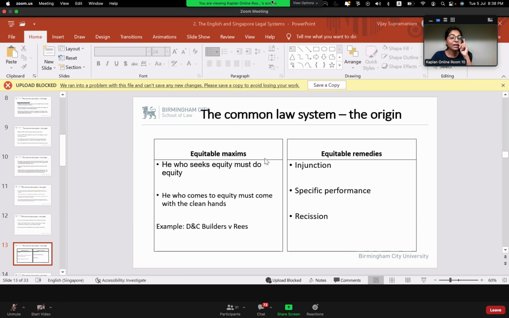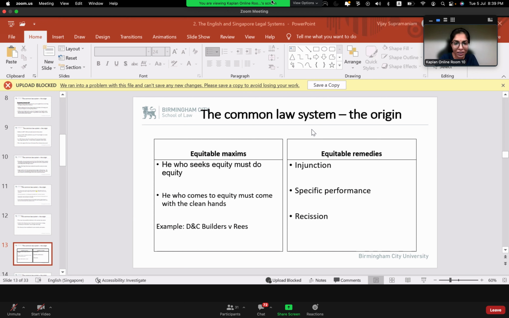So you see, the agreed price was higher. Then during the performance of the contract, Mr. and Mrs. Reese said, I'm not happy with your work, I'll pay you a lesser amount. DNC Builders were under financial constraint, so they said, okay. After accepting the money, DNC Builders decided to sue Mr. and Mrs. Reese for the balance money. So Mr. and Mrs. Reese said, no, how can you go back on your promise?